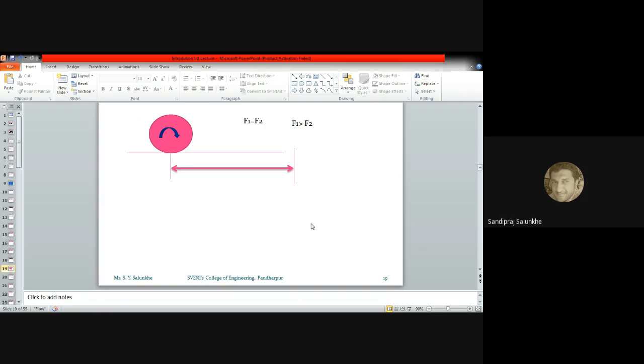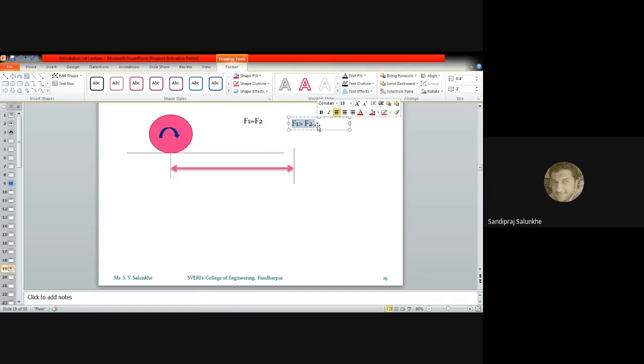Here T is considered as torque, where force comes into the picture. But if you only want to calculate the distance traveled, it will be 2 pi multiplied by whatever the rpm is, and that will be the distance covered in 1 minute. If you want to calculate it in 1 second, it will be 2 pi n divided by 60.